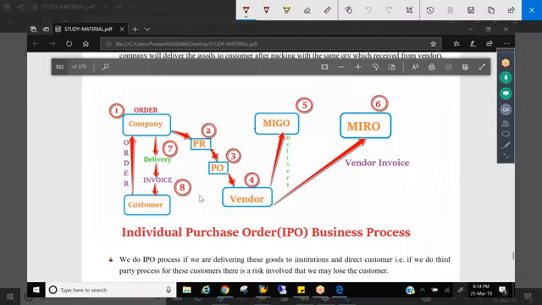So you see here, the customer is placing an order to the company. Let's say the customer name is ABC. Customer ABC has placed an order to the company for X material, 100 quantity, with order number 103.